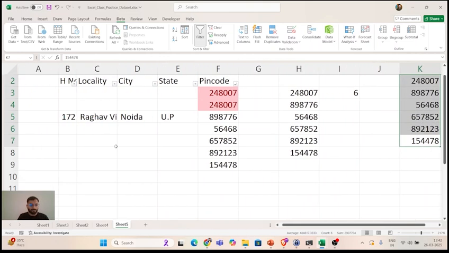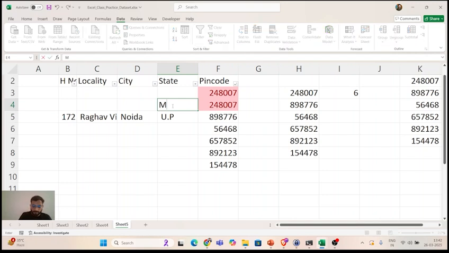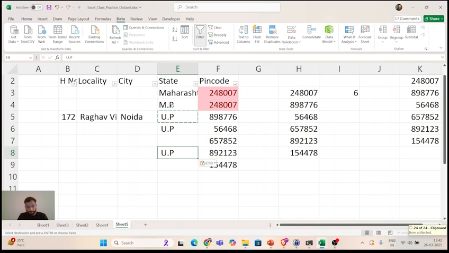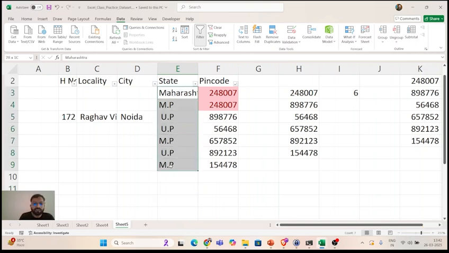We had a total address column, then we split it into multiple columns. We saw how many unique pin codes there are. Similarly, take it as a quick exercise. Let's say you are serving in a state like UP, MP, and you are serving in Maharashtra. Then again, MP. Quickly guys, take it as a quick exercise and let me know in the comment section when you are done. Tell me how many unique states we are serving.